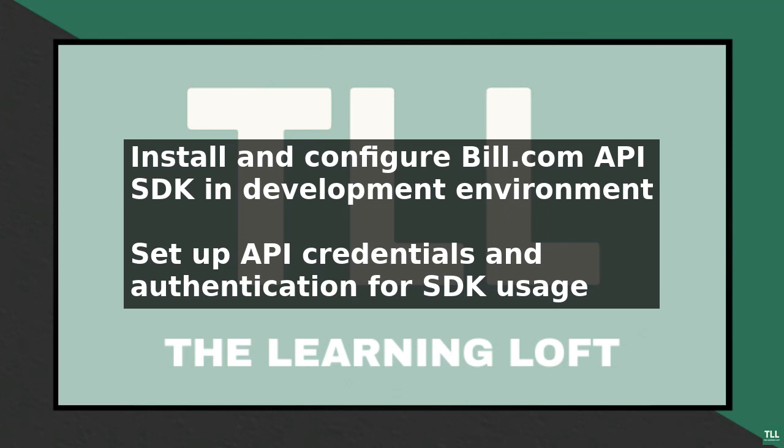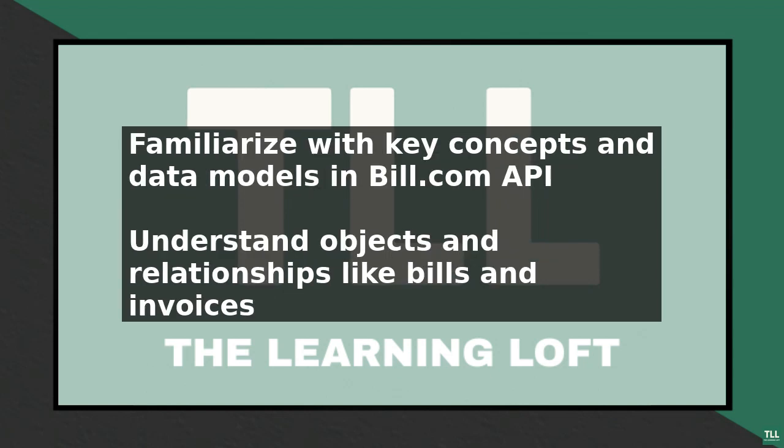other. To sort data using the Bill.com API SDK, you will typically use a combination of filtering and sorting parameters in your API requests. For example, you can use the filter parameter to narrow down the data to a specific set of objects, such as all bills due within the next 30 days. Then, you can use the sort parameter to order the results by a specific field, such as due date or